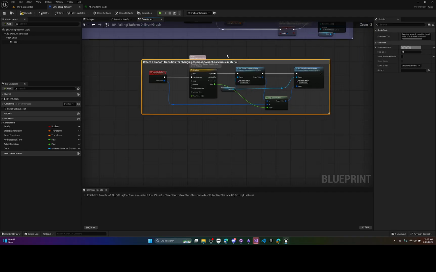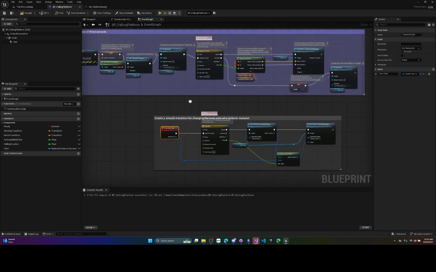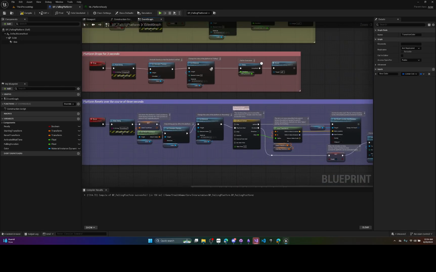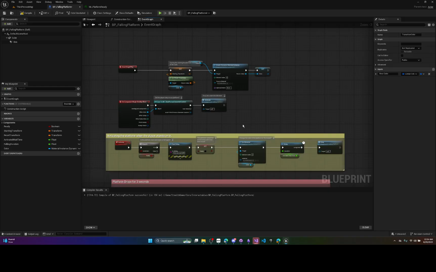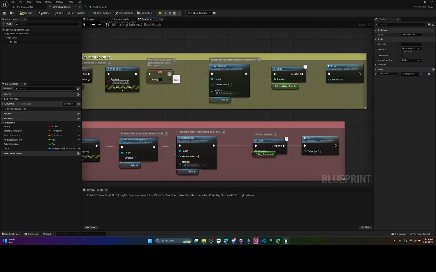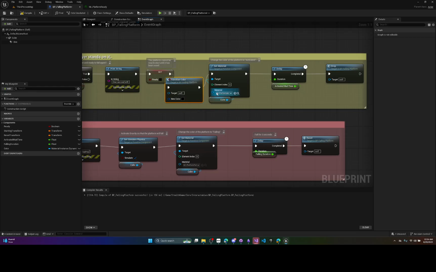Okay. So ideally, what we can do is use this transition color and swap that out for each of these set material calls. So let's start up here. Let's start with this one. Let's do transition color. And we're going to need the current colors. So let's go ahead and, ideally we would put these into variables, but I'm going to keep it simple, and let's